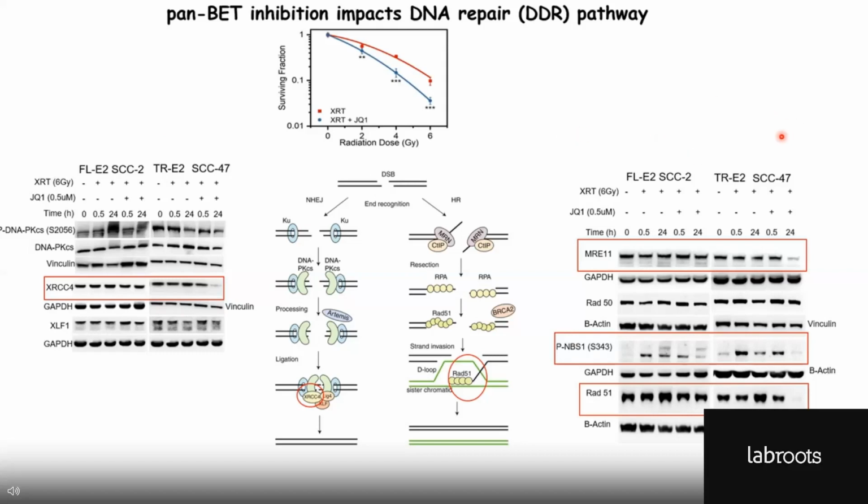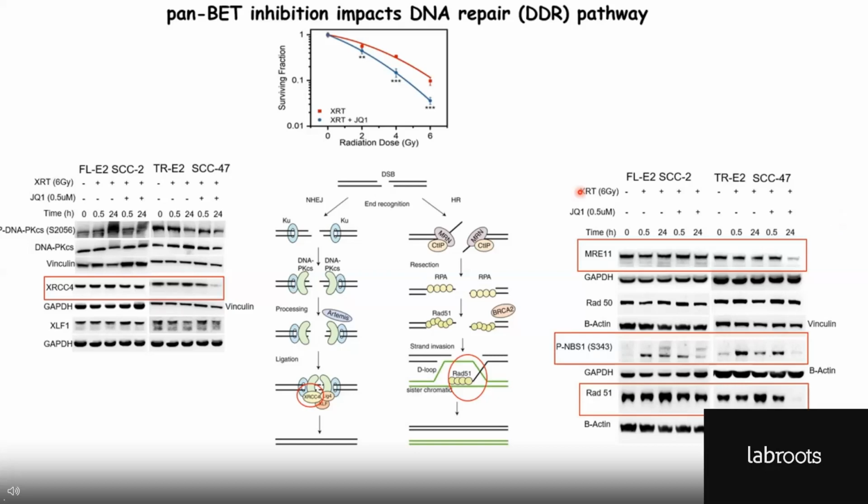But we were very surprised to see that in the presence of JQ1 and radiation, there was a significant downregulation of MRE11, NBS1, and RAD51 as well, which is very surprising, because it suggests that in combination with radiation, JQ1 somehow impacts some of these DNA repair genes as well. And so then we asked the question, how do